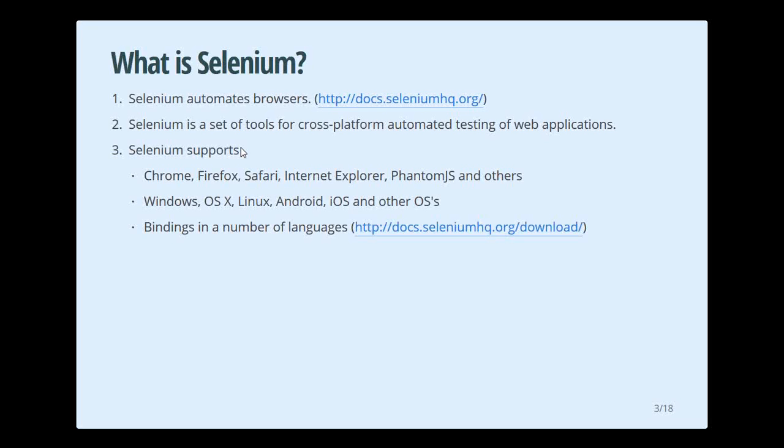Another possible definition of Selenium is that Selenium is a set of tools for cross-platform automated testing of web applications. So that's a bit of a mouthful, but we have the idea that Selenium allows you to drive your browser on different operating systems, and one of the main uses of it is to test web applications. Selenium is also used to some extent for web scraping, and also for things like load testing and synthetic monitoring